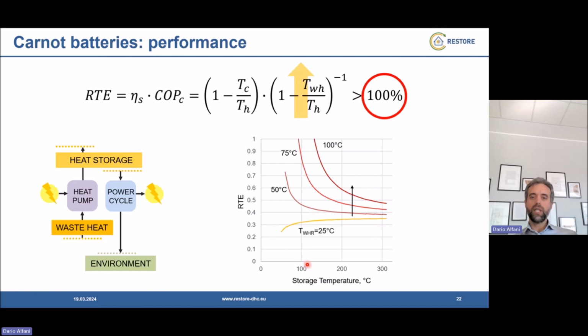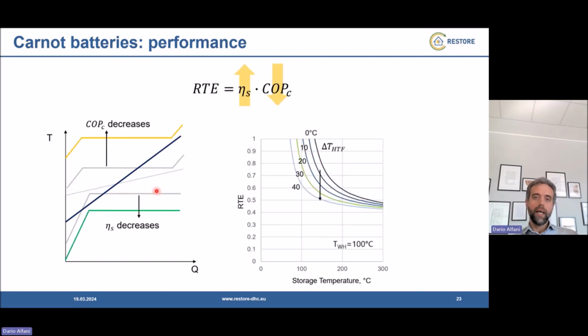And it is possible to see that with a storage at around 130 Celsius, as we are proposing for the Restore system, and exploiting heat available from waste heat at around 80 Celsius, it would be possible to push the round-trip efficiency of the system up to 100%, if everything is sufficiently high in efficiency in terms of turbo machinery. And this is much better from a theory point of view with respect to using a sensible heat energy storage,